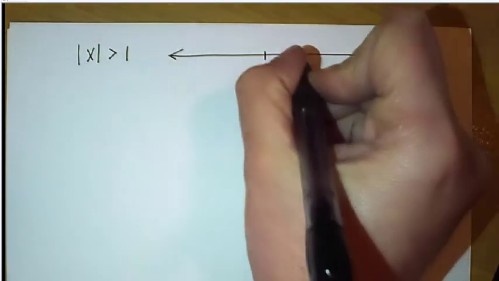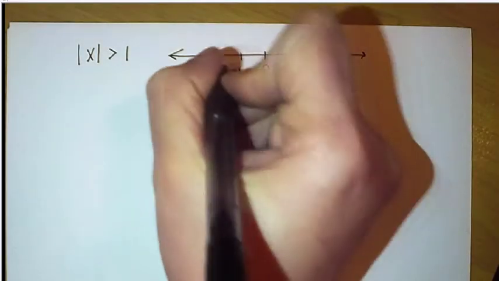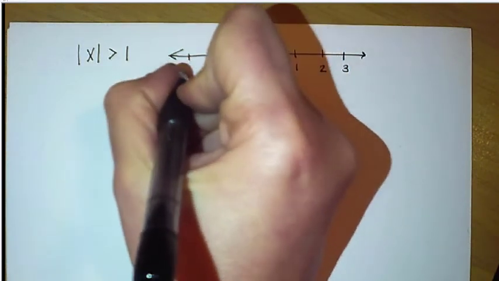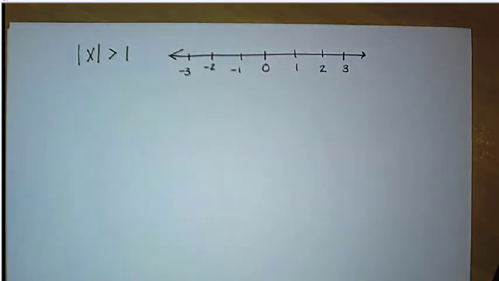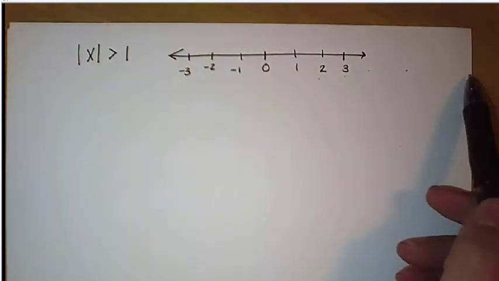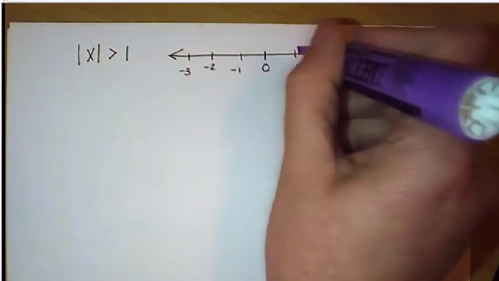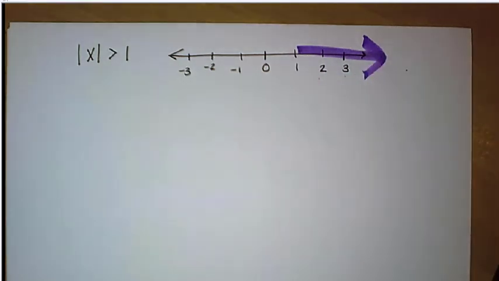So I have 0, 1, 2, 3, and then -1, -2, -3. And this time, I'm wanting the absolute value of my x to be bigger than 1. So if I'm, again, thinking on my positive side, what values are bigger than 1? Well, that would be 2, 3, 4, 5, 2 million. Okay, so everything from +1 out to the right-hand side all the way to infinity would be considered being bigger